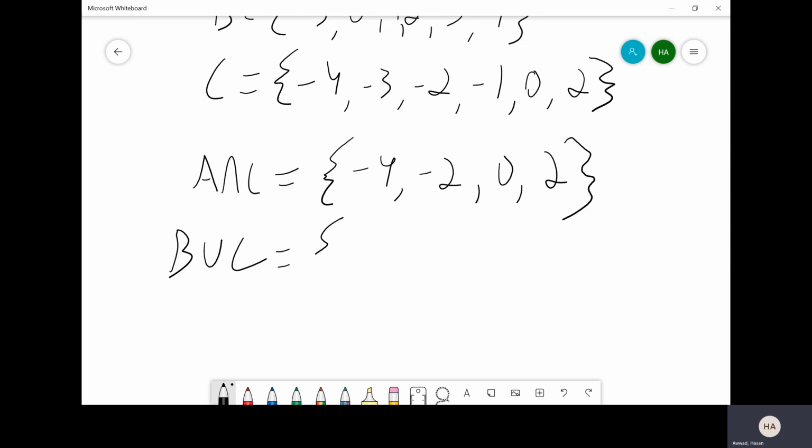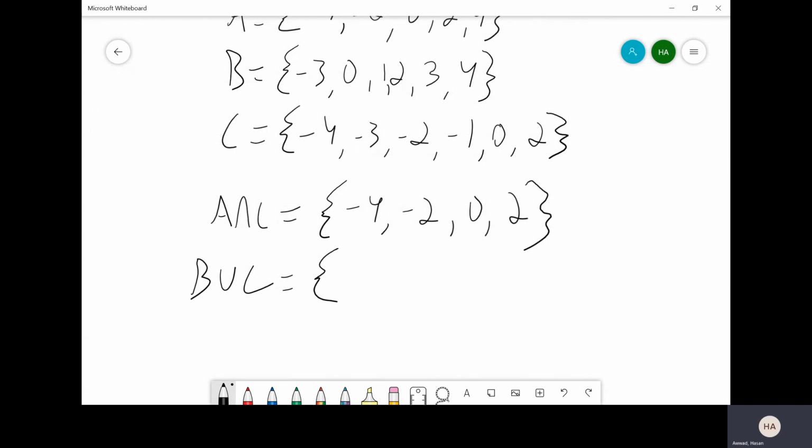And the idea here with the union is, again, we're just going to take all of the elements and kind of smush them together, right? We're taking two sets and making one larger set. And as a result, we just do not have to count the elements twice, right? So let's start with set C because that starts at -4. So we know that -4 is going to be in here. -3 is found in both, but we only have to write it once. So -3, -2, -1, 0,